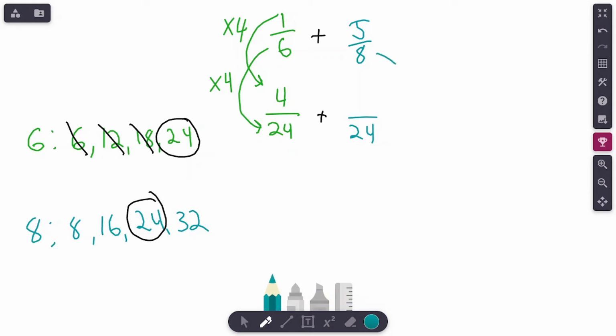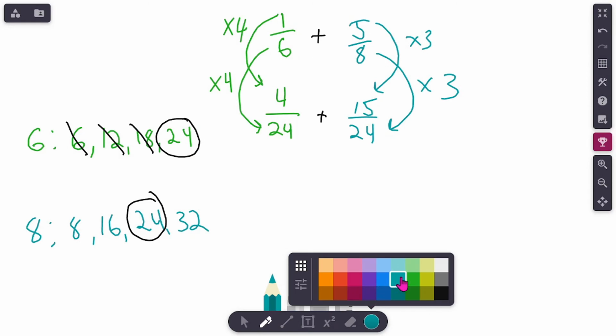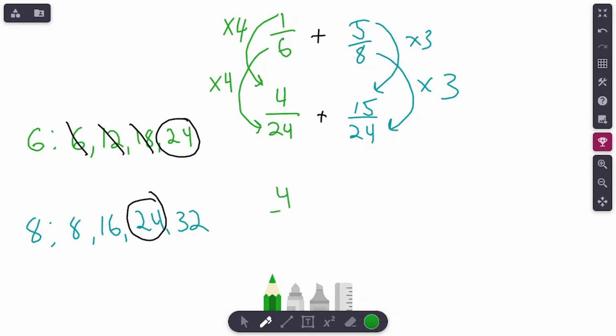On to 5/8. Let's create an equivalent fraction that has a denominator of 24. 8 times what? 1, 2, 3. Count the multiples. 8 times 3 is 24. Do the same thing to the numerator that you did to the denominator. What you do to the bottom, you do to the top. 5 times 3 gives us 15. So we've got 4 24ths